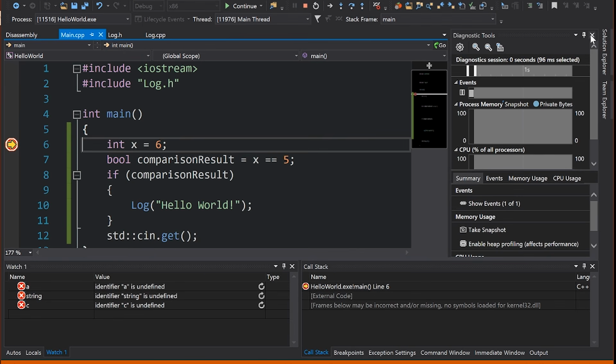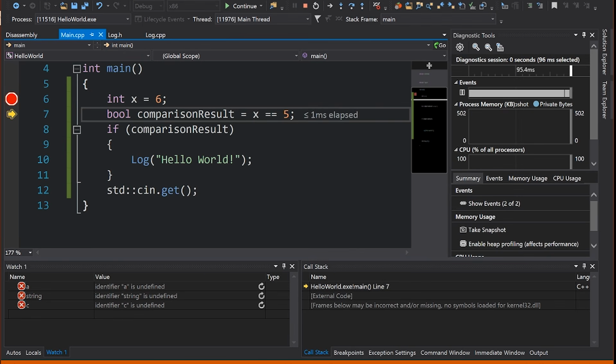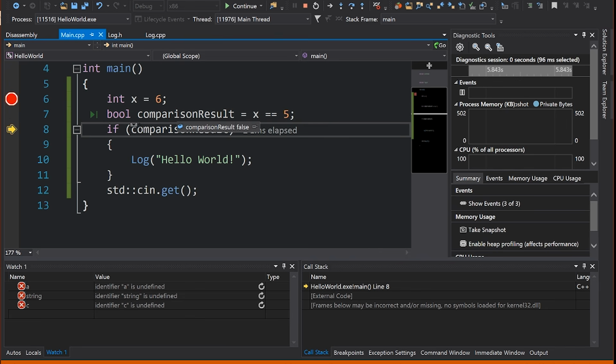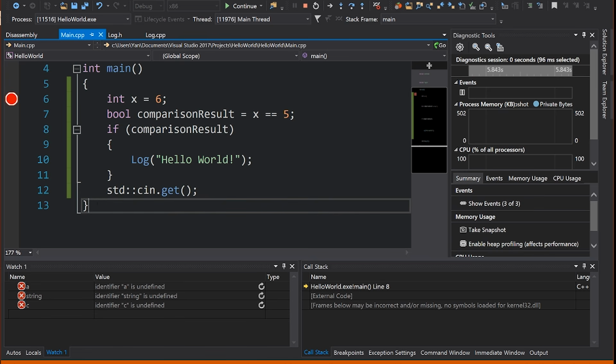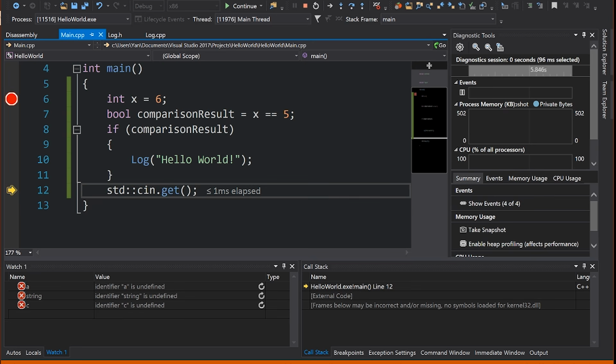Let's just close this memory view here. And then I'm going to hit F10. We're going to see that X is in fact equal to 6, where of course we're comparing it to see if X is 5. Of course it's not 5, so if I hit F10, comparison result will be set to false. And finally, if I hit F10 over here on this if statement, it will evaluate that if statement, and you can see it jumps right to this cin.get. So it never crossed this line of code. This line of code was never called